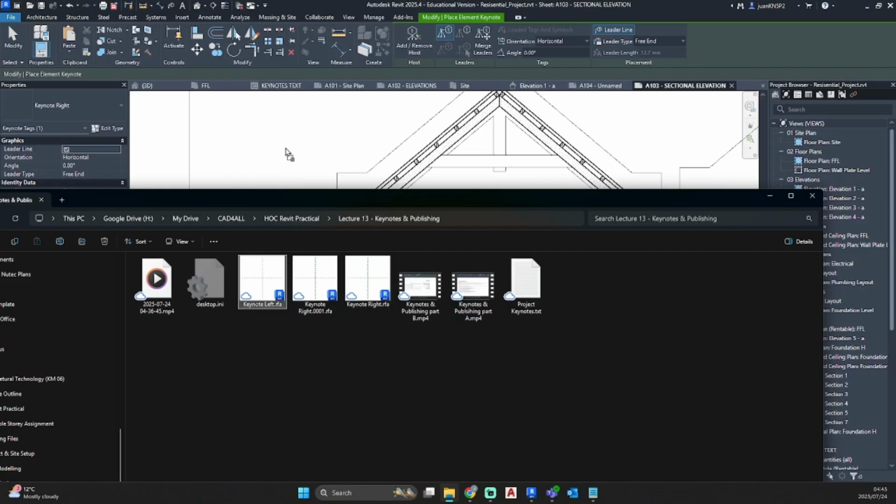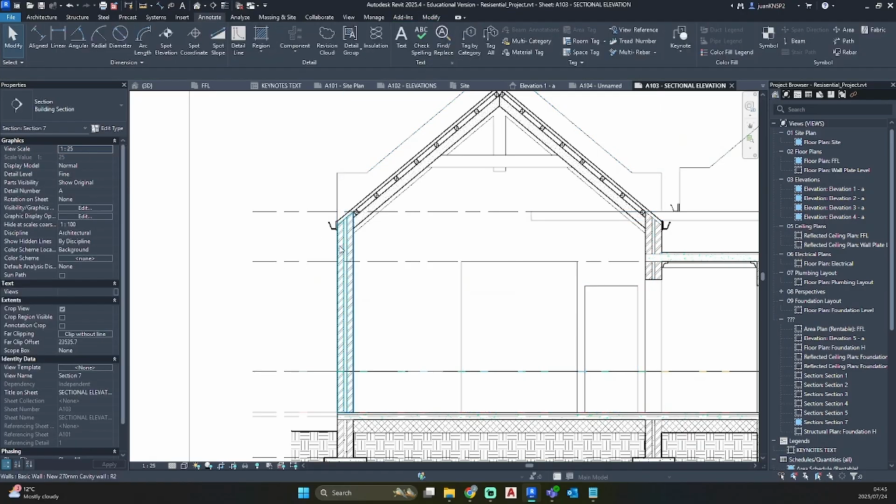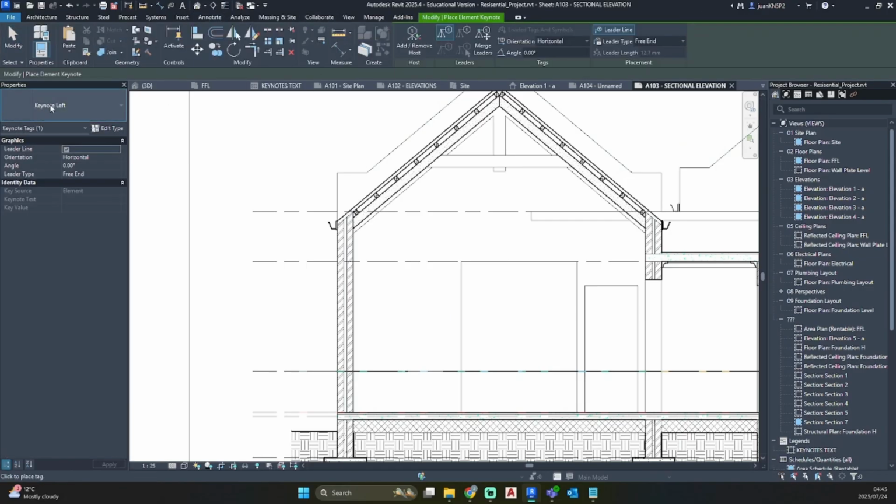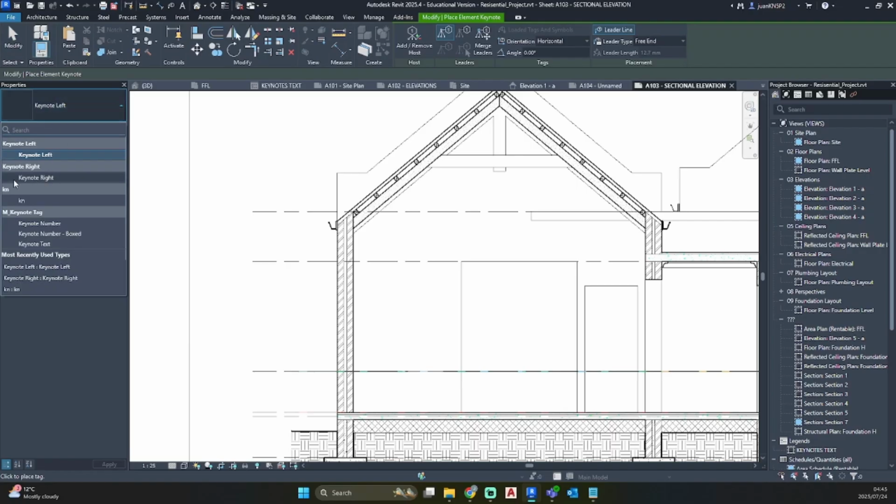Keynote left, drag and drop. So now we want to work on our left hand side. So I'm going to go keynote in my top ribbon under annotate, keynote, hit the drop down, keynote right, keynote left. There's those two tags.